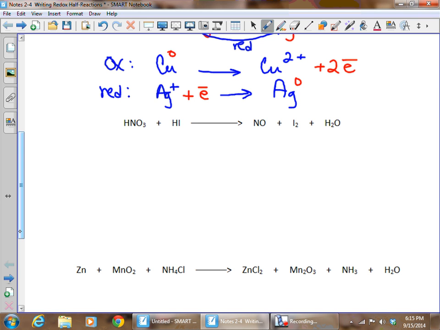And you can go back and listen to those notes if you're having a little bit of glitch on that. But over on this right-hand side, all of these are molecular, this one being a molecular or diatomic element. So none of those are going to ionize. On the left-hand side, both of these are strong acids. And remember, strong acids, 2 of the acids on our 8 strong acid list from previously in the notes,